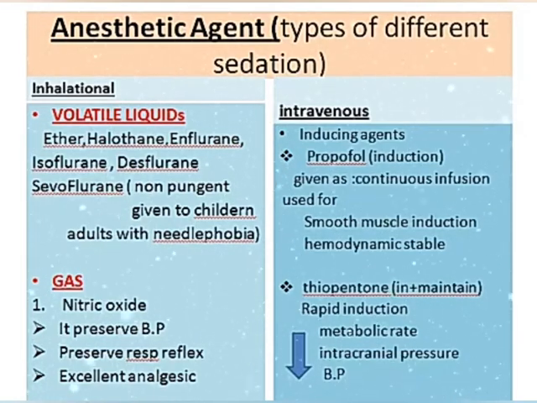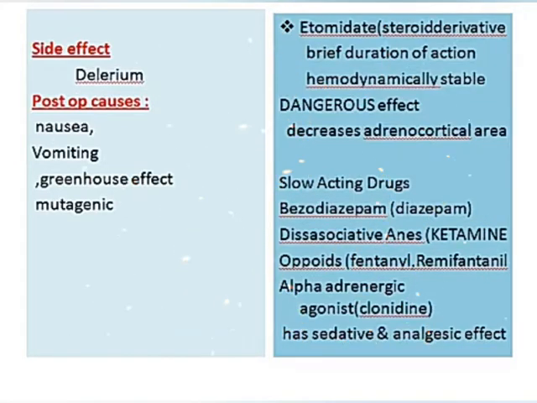Volatile liquids include ether, halothane, enflurane, isoflurane, desflurane, and our most favorite one, sevoflurane. It is given to children and adults who have needle phobia. Gases include only nitrous oxide. It helps to preserve blood pressure as well as respiratory reflex, and is an excellent analgesic. But the side effects of this drug are that it causes delirium, and post-op side effects also include nausea, vomiting, and the greenhouse effect as it is dangerous for the environment,